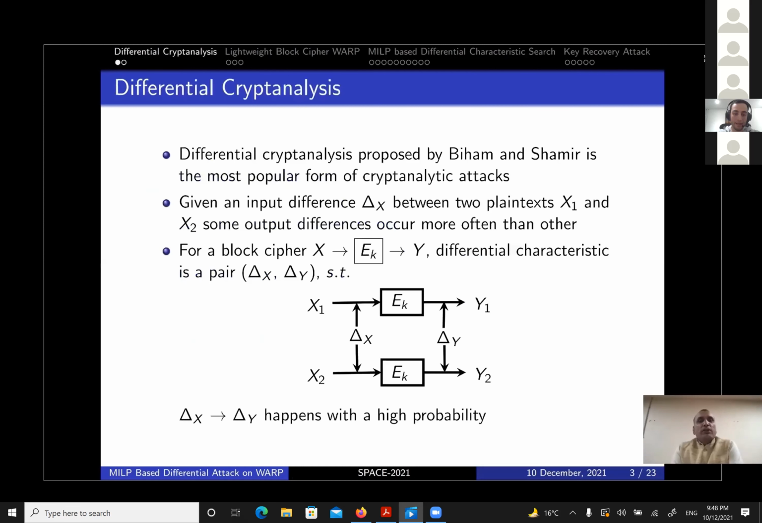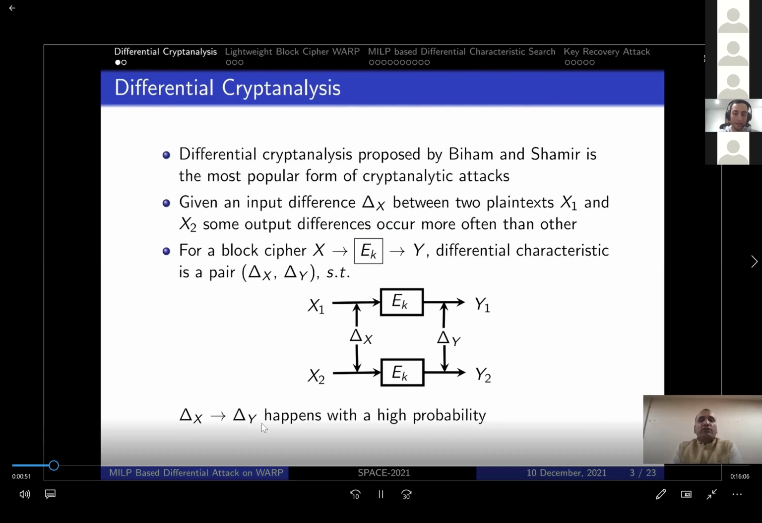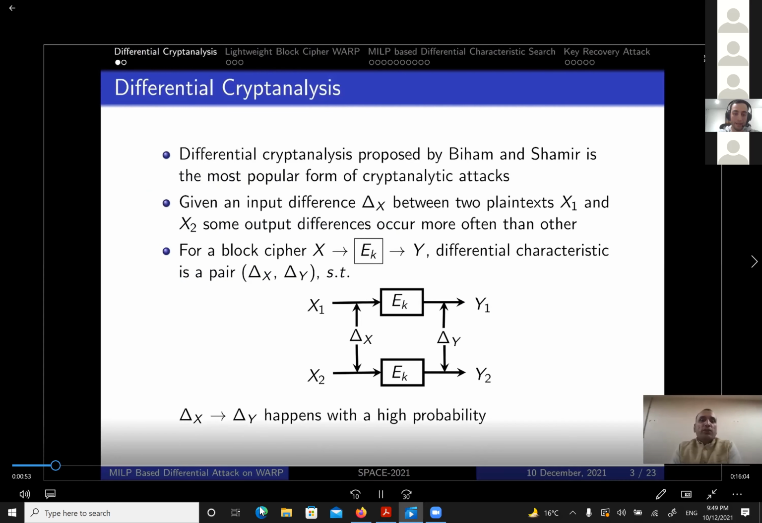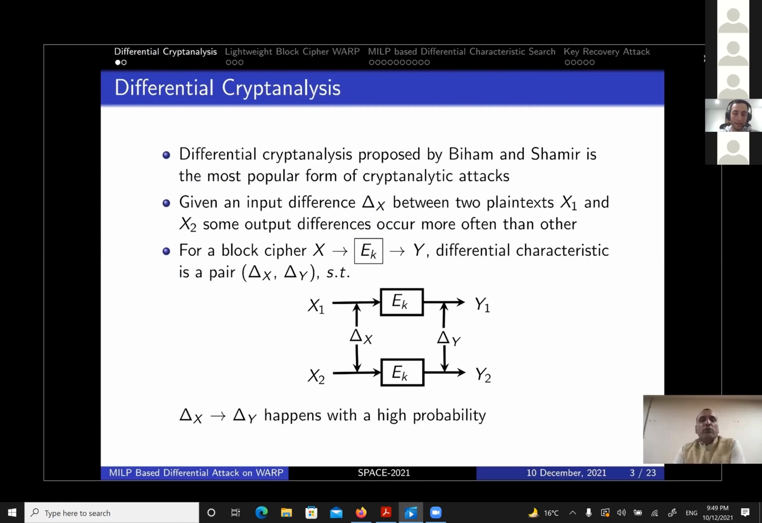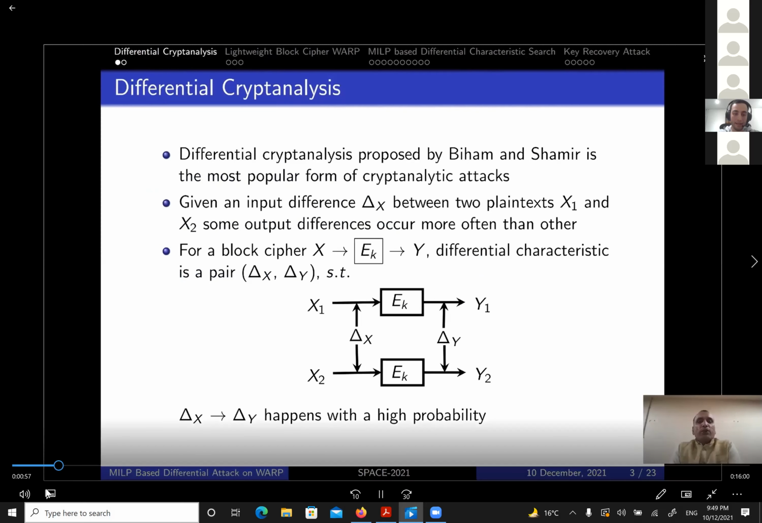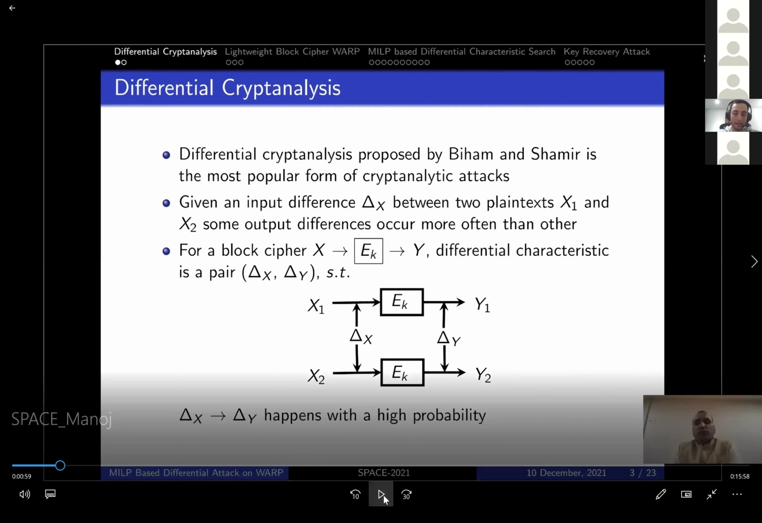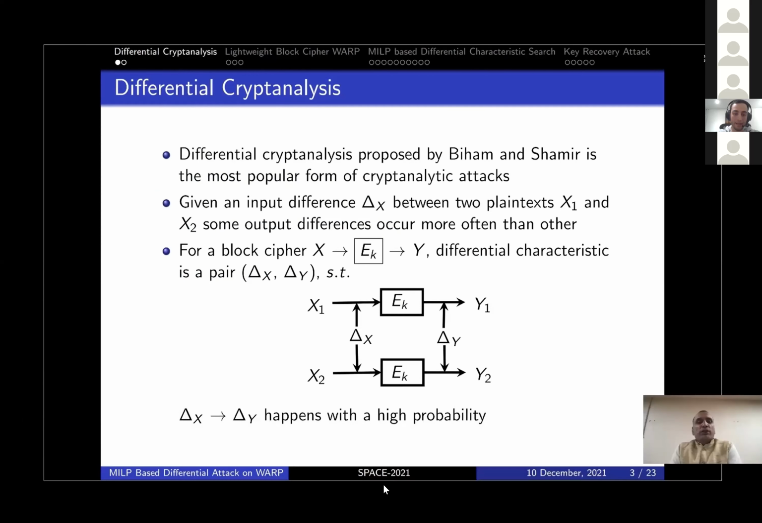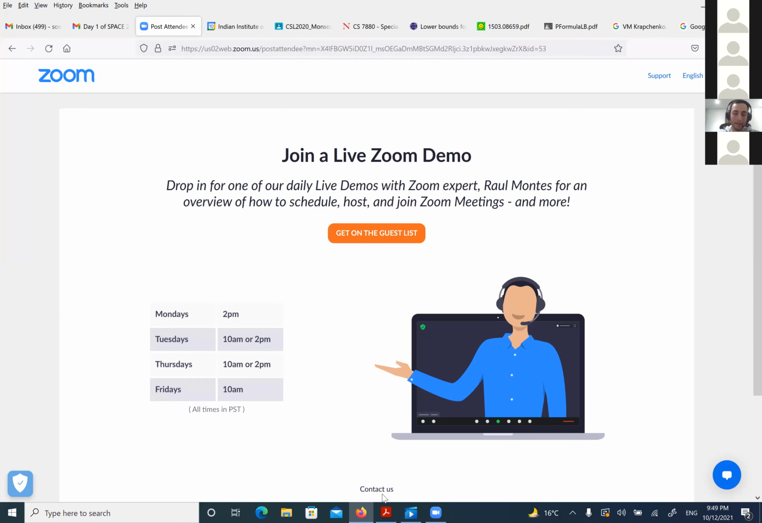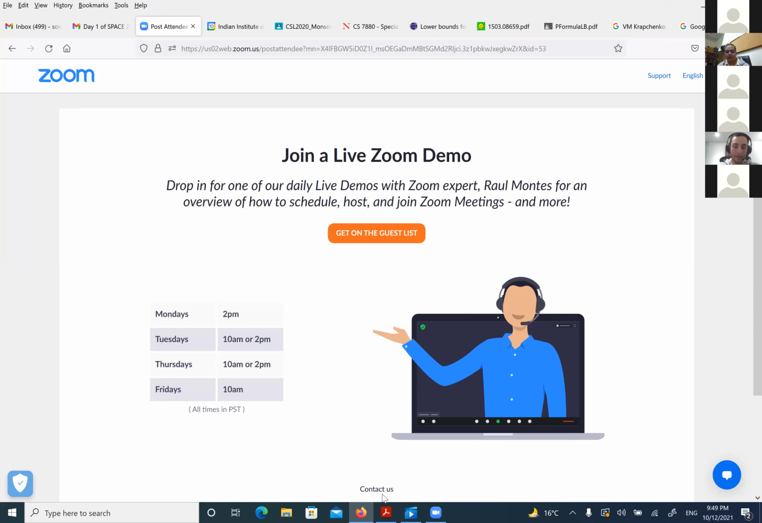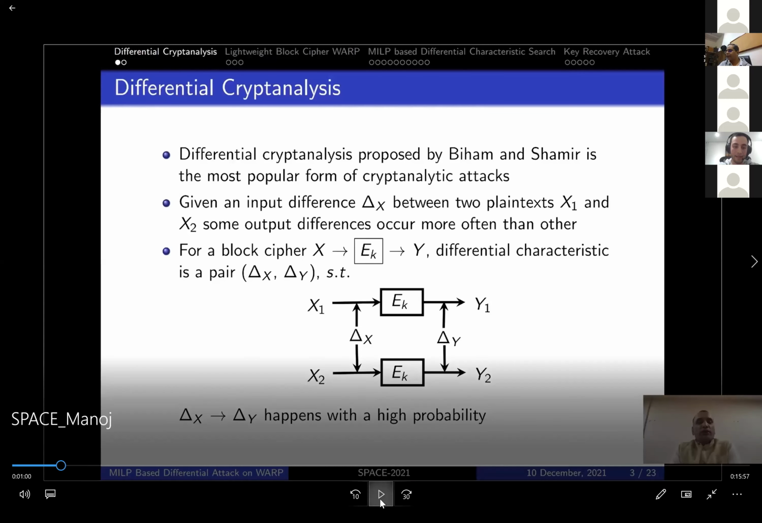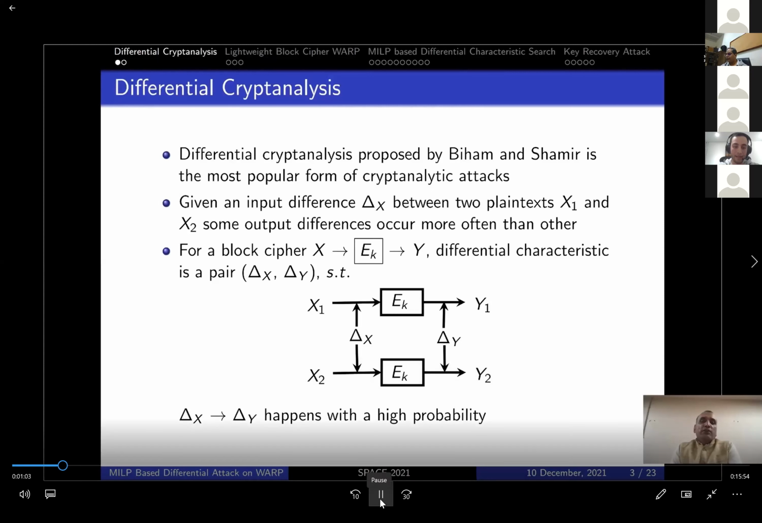Differential cryptanalysis was proposed by Biham and Shamir in 1990. It is one of the most popular forms of cryptanalytic attacks. In its basic form, for an input difference delta x between two plaintexts x1 and x2, some output differences must occur more often than others. So for a block cipher E_K with input x and output y, this cipher is designed in such a way that its output is